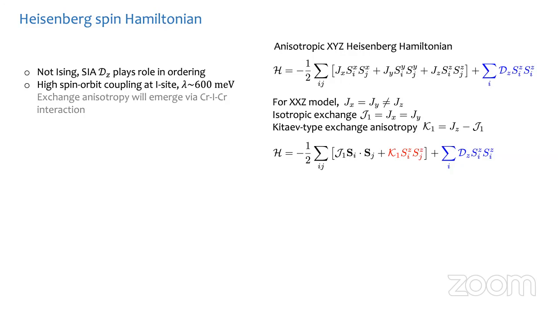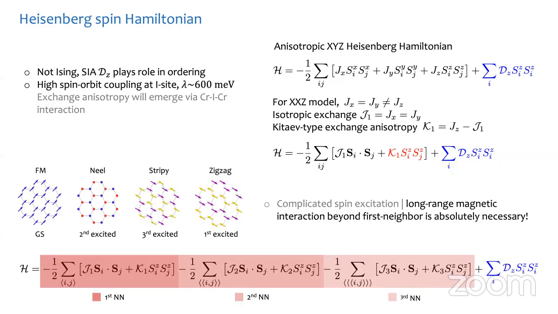want to argue is that this is also not a complete description for CrI3, because, as I said, that exchange anisotropy is there, but there is only exchange anisotropy for the first nearest neighbor. So what we argue is that your J1 is not enough. Your first nearest neighbor interaction is not enough, and one must include the second and third nearest neighbor interactions. Otherwise, what would happen is that you will not describe well